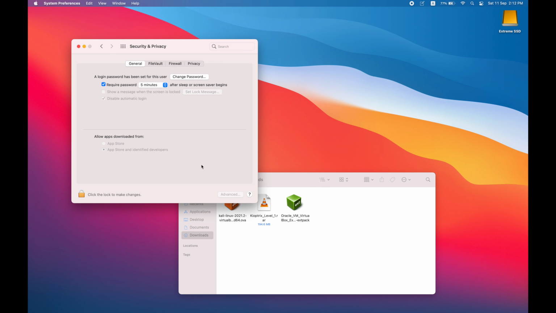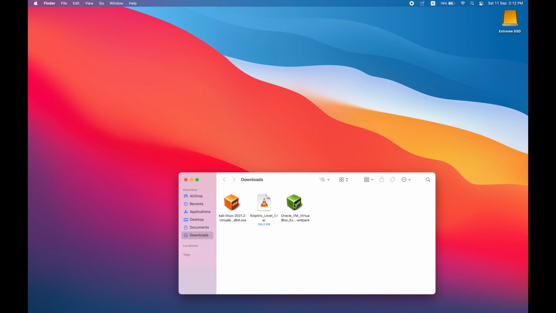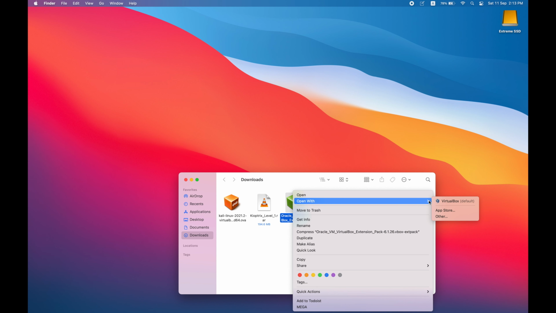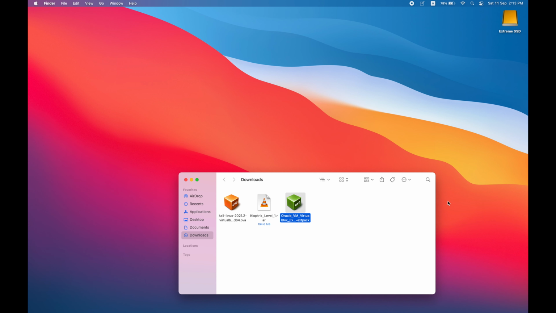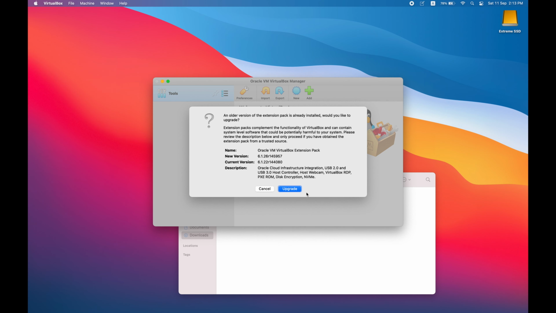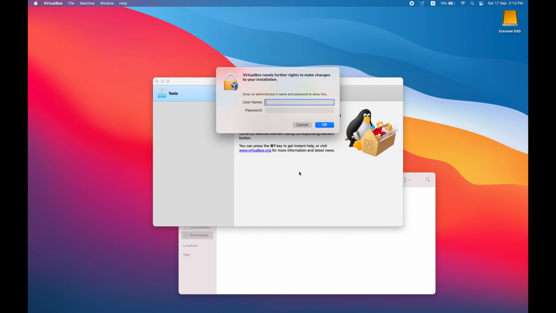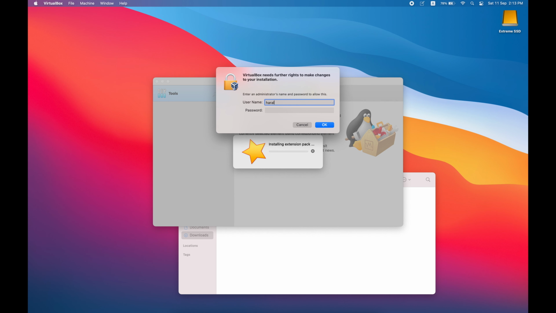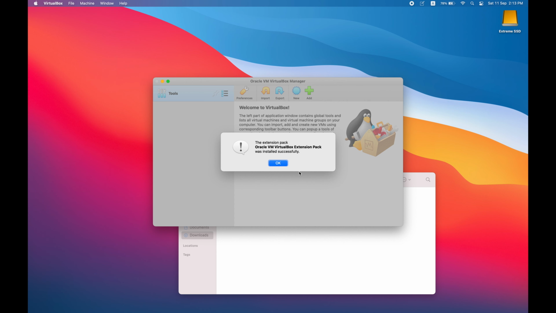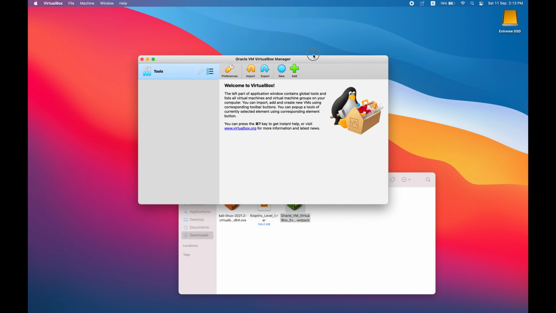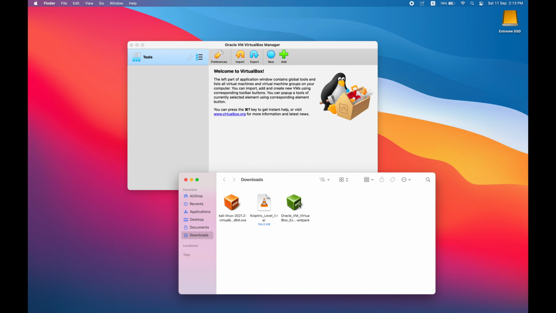As you can see, it's already gone. So now we will add the extension to VirtualBox. It will open VirtualBox and import it, upgrade, okay, and agree. Okay, administrator. Okay, installed successfully. So we added the extension. We need it for future work in